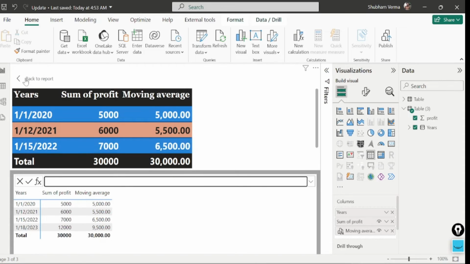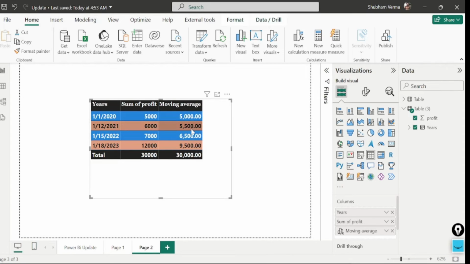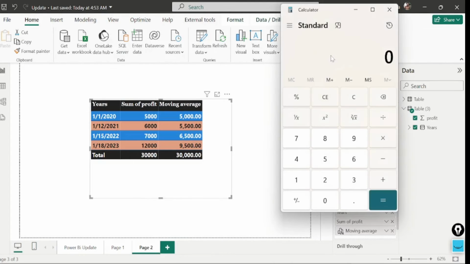And now let's go back to the report. And now let's understand how this formula works. So let me firstly open my calculator. So here is the calculator guys. And look at the first result, which is 5,000. Because before 2020, we don't have any profit. And now look at the result of last 2 years, which is 2020 and 2021. So if you calculate the last 2 years data, the sum is 11,000, which is 6,000 plus 5,000. And 11,000 divided by 2 is